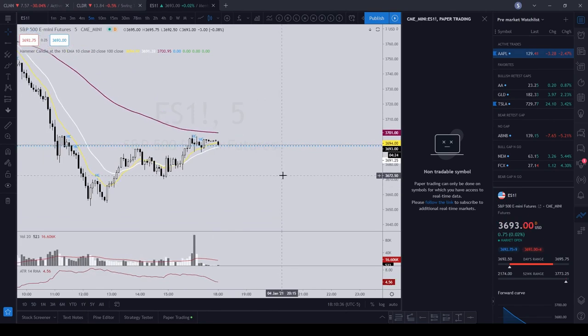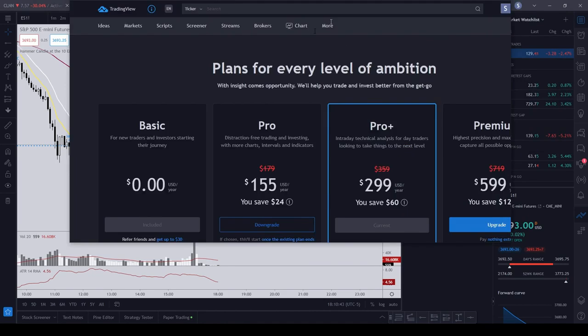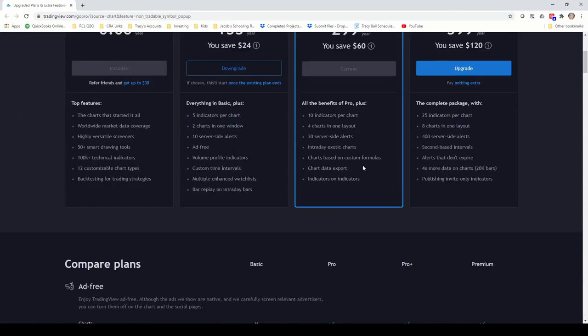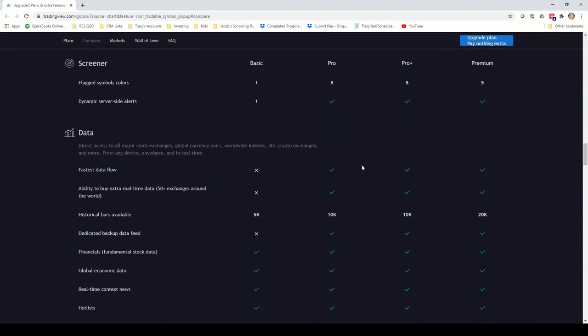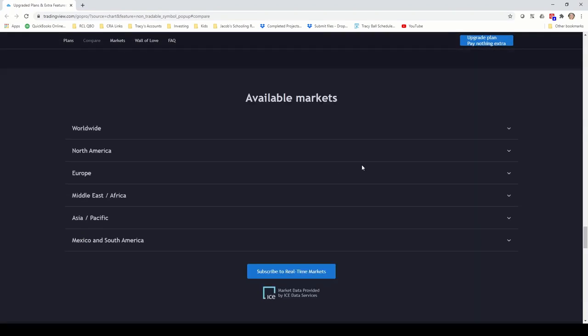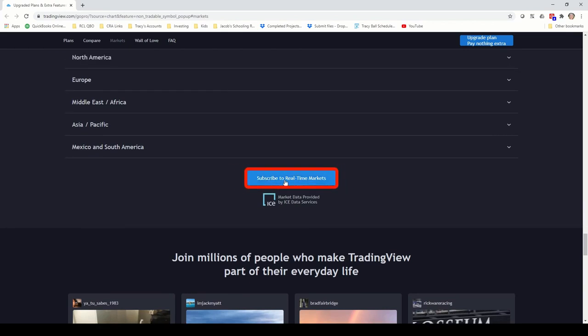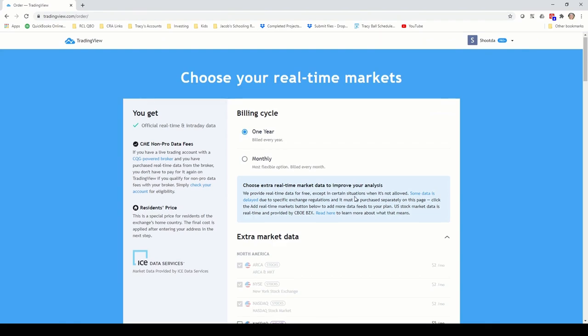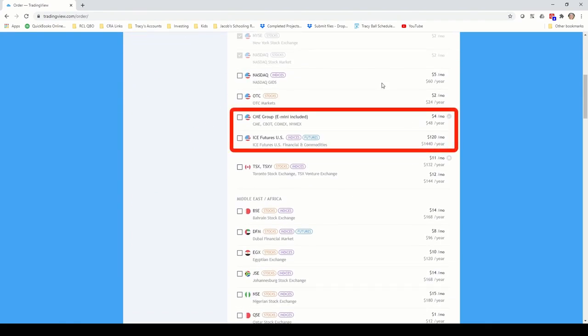So one of the things that you can do is follow the link that brings you to this panel right here, and you want to scroll all the way down, and you're going to come to a little blue box that says subscribe to real-time markets. If you click on that, it brings you to here,